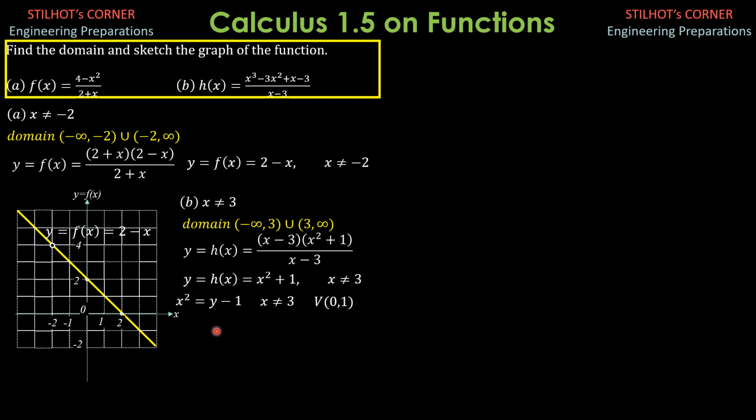are two values of x, left and right, or positive and negative. So if we have left and right values for x, only one value of y, that means it is either open up or open down. But because the latus rectum is positive in the standard form, it is open up. So we may set, for instance, x is 3, y is 3 square plus 1, 10. Y is 10 when x is 3.